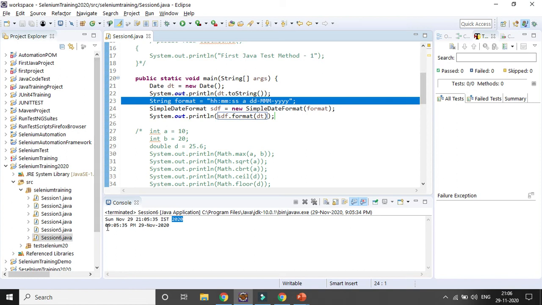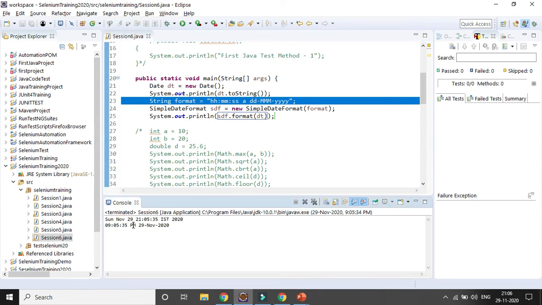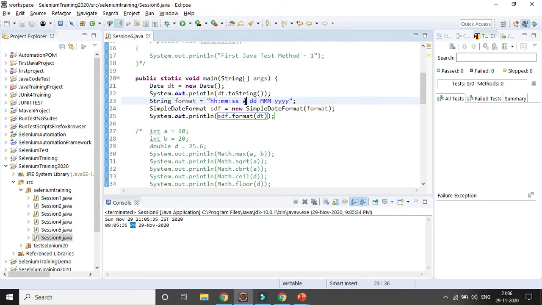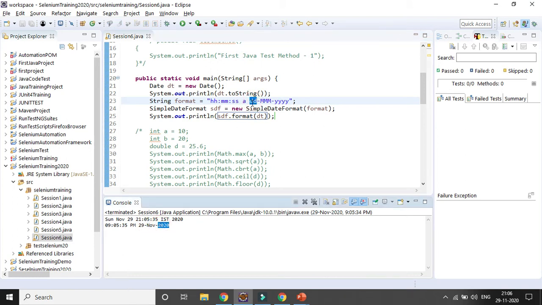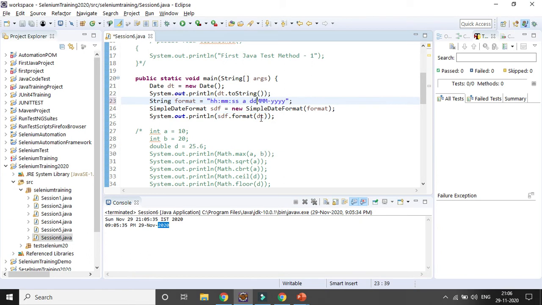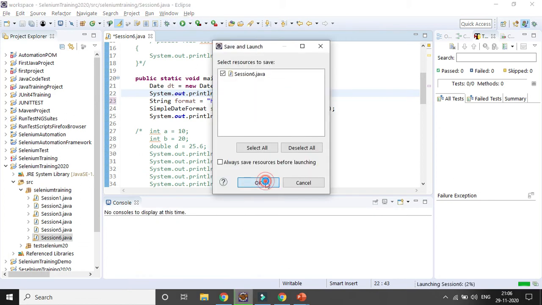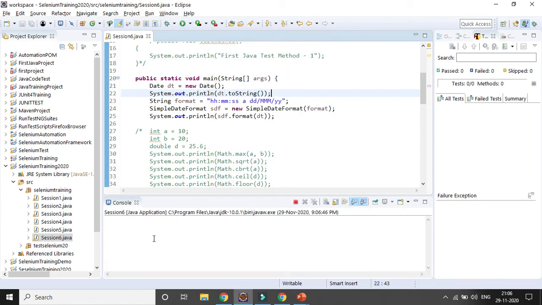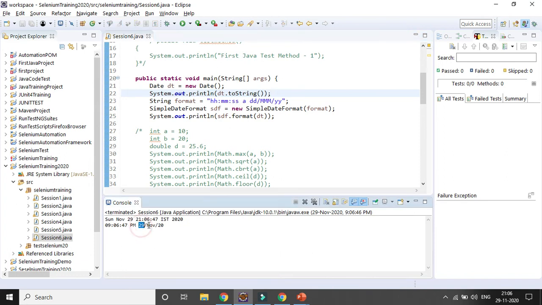So you can see now hour, minute, second, and then PM or AM, right? A is for AM or PM. Okay. And then date, month, and year. Now if you change it to other format, say I want to get it in slash format, okay, and I want to get only the last two part, okay, instead of all the parts. So if you run it, you will get the required format based on the requirement. So you can see it's coming as 29/November and last two digit of the year, YY.